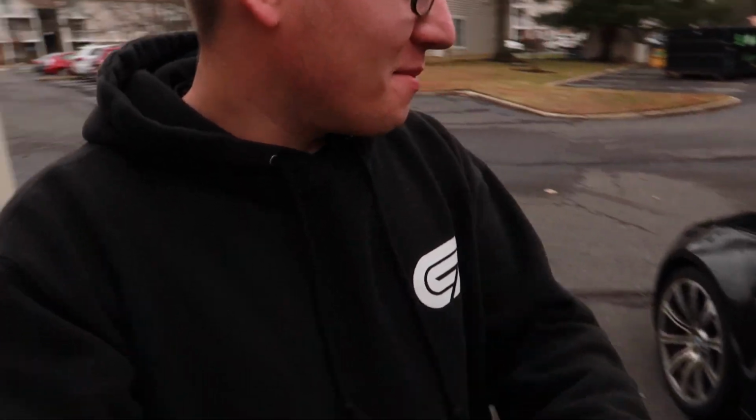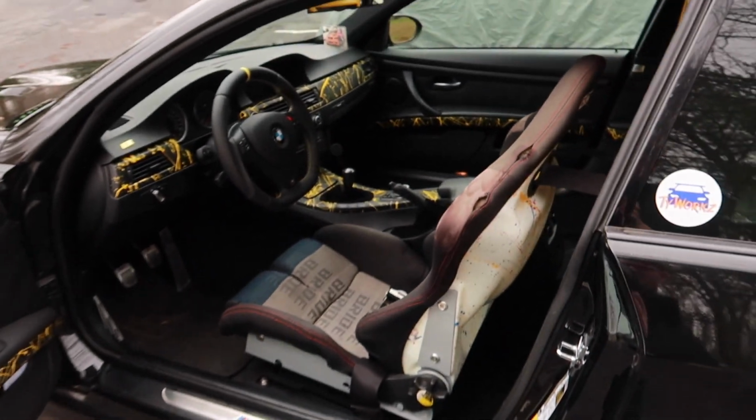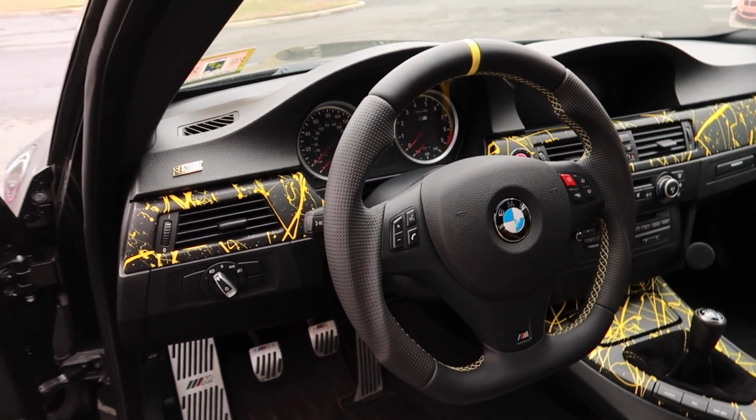Today is probably gonna be my favorite video in a long time that I'm doing. Today we're gonna be focusing on the interior. The interior has come a little bit further than it did when we first got the